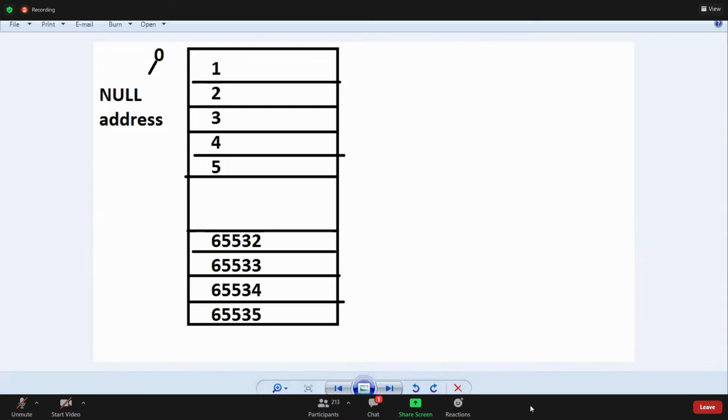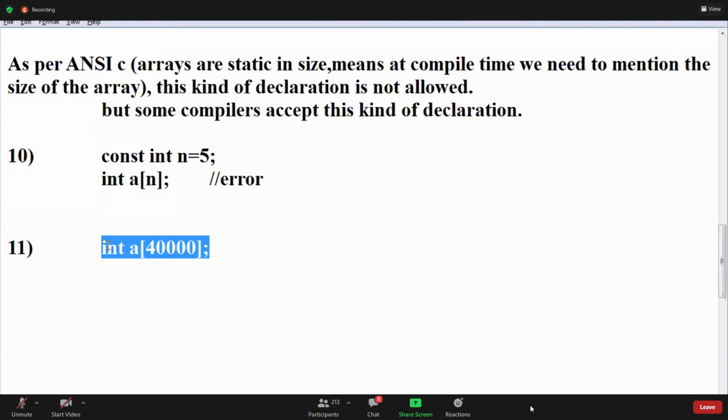Int of 40,000. Can you write int of 40,000? Is it valid or not, guys? We check it. It creates 40,000 variables.